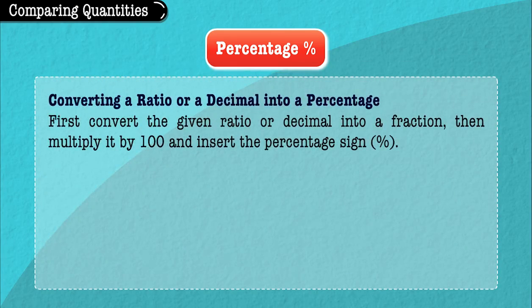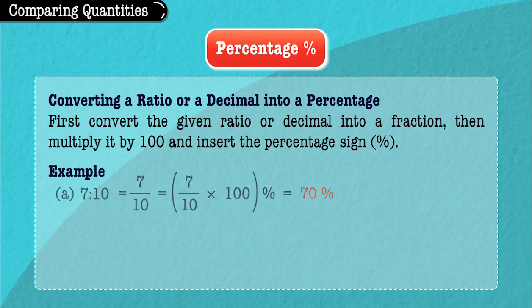Converting a ratio or a decimal into a percentage. First convert the given ratio or decimal into a fraction. Then multiply it by 100 and insert the percentage sign. Example: